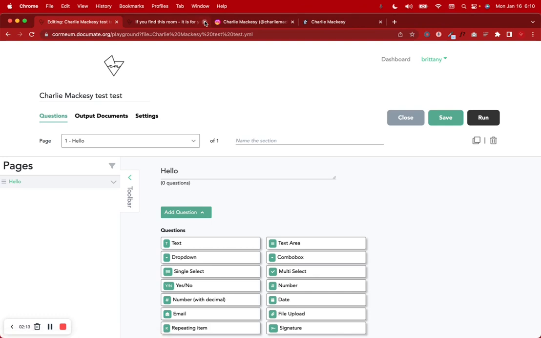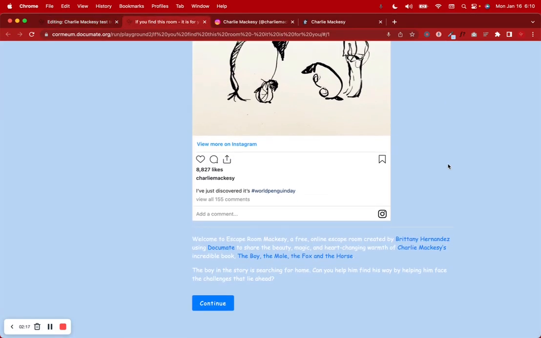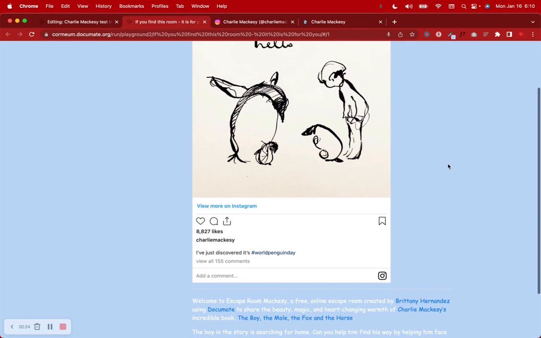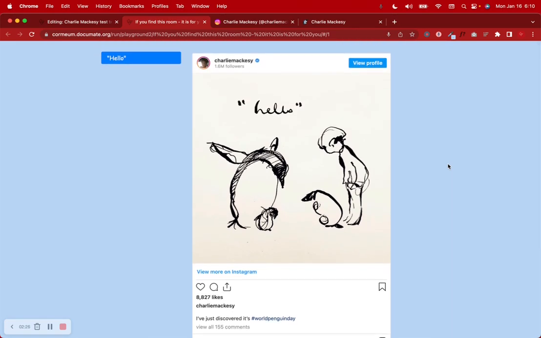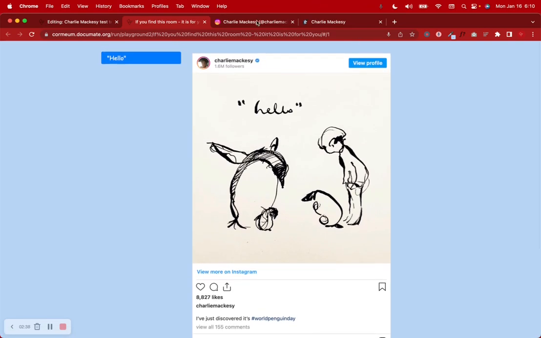So in our case, I wanted to take you through a little bit of a story and a journey and questions and answers and things like that. So here we have first, because the book starts with the boy and the mole together, where the boy is sitting down and the mole is coming out of a little of the ground, and the boy looks at him and says, "Hello." And this is kind of a special version, but I just wanted to demonstrate the point of how to get an Instagram post